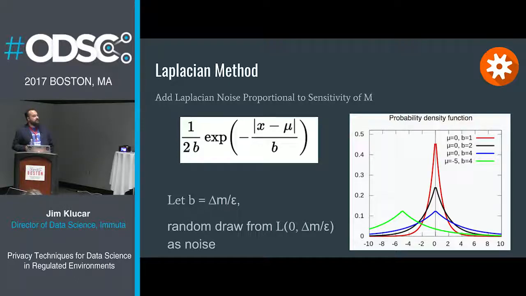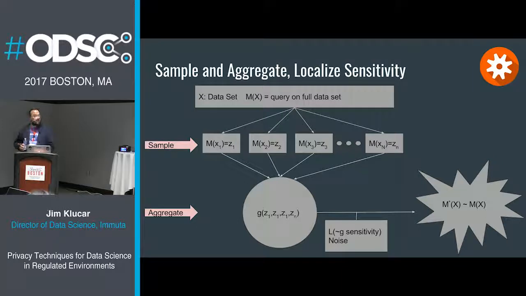But still, in practical situations, you can end up adding a lot of noise just based on the query that's being done and trying to do an insensitive query. So there are better techniques. One that we're implementing in Immuta is this sample and aggregate technique, which localizes this sensitivity to your data. Now, what this is doing is you run the same query on each sample of your data,